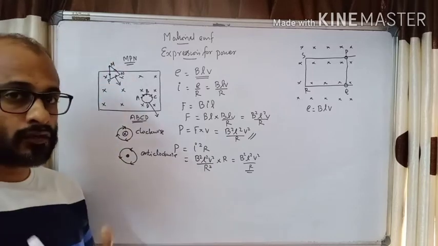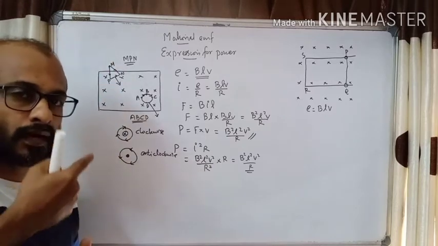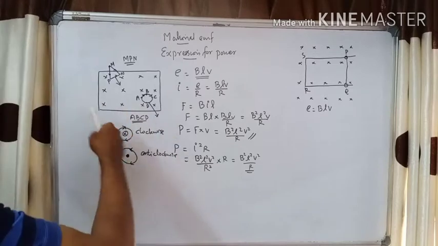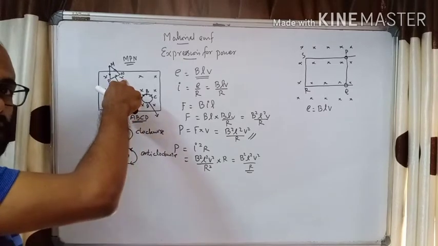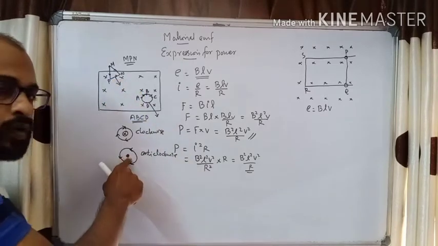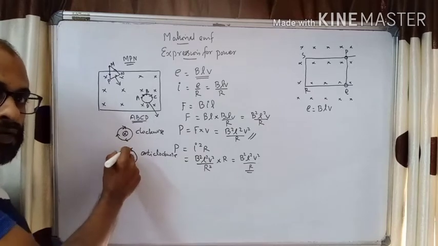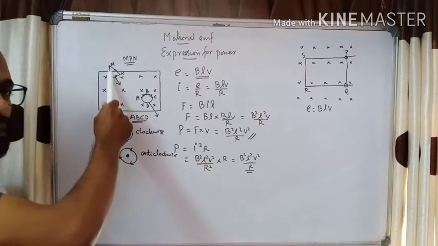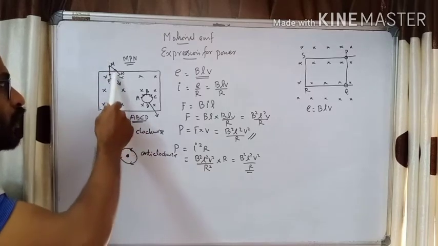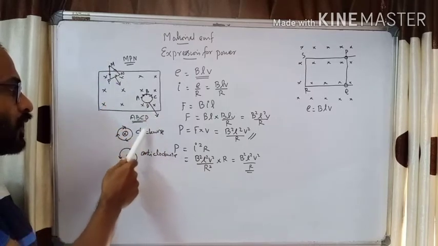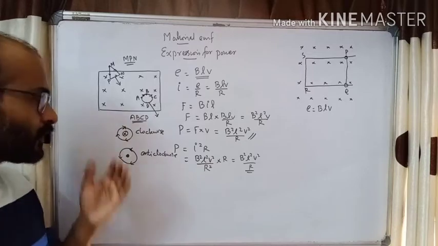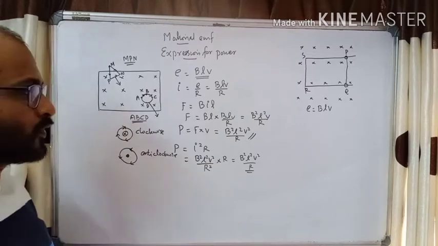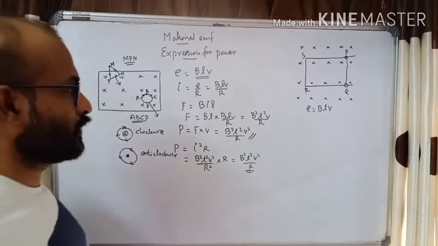According to Lenz's law, the flux should be decreased by the current induced. The current induced should produce flux in the direction opposite to this. Into is the field here, so we need to produce a dot field. Dot means it is vertically outward. Since it is coming inward, it has become anti-clockwise direction. Here it is going outward, it has become clockwise direction.